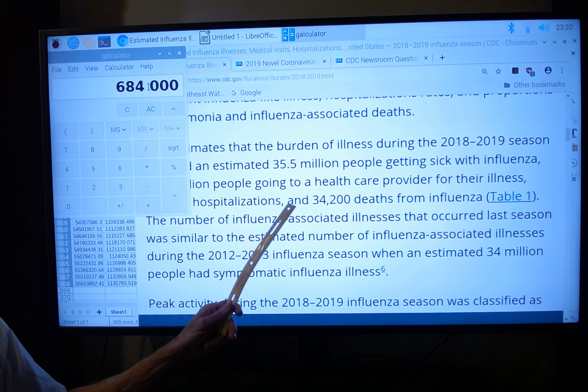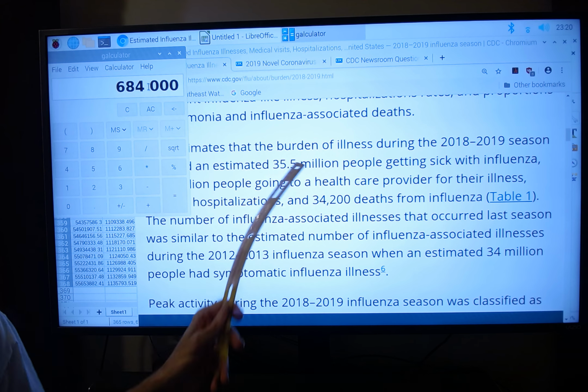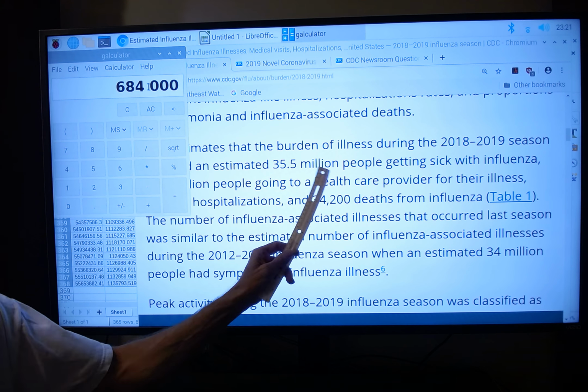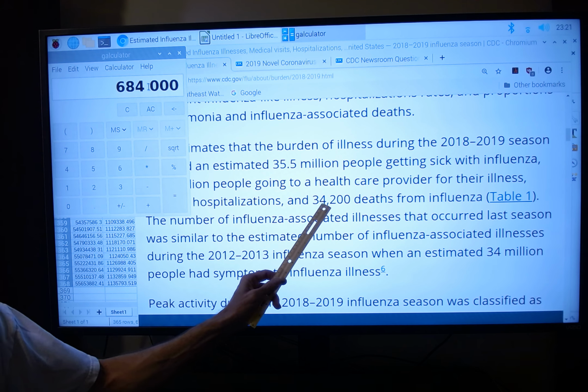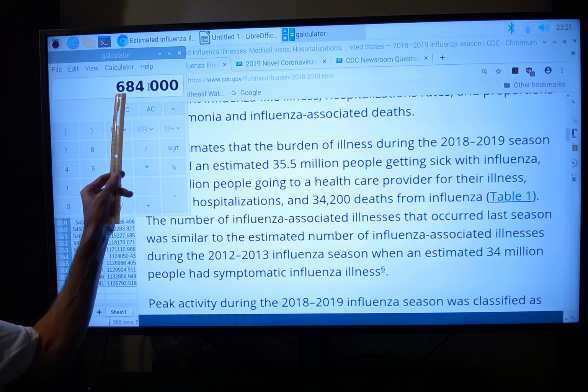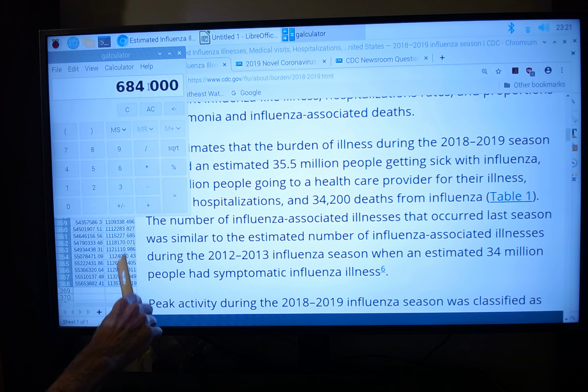If we just assume a similar infection rate as the flu, and just multiply the death by 20 times, that's 684,000 deaths. So we're kind of in the ballpark, I think. This is going to be a serious